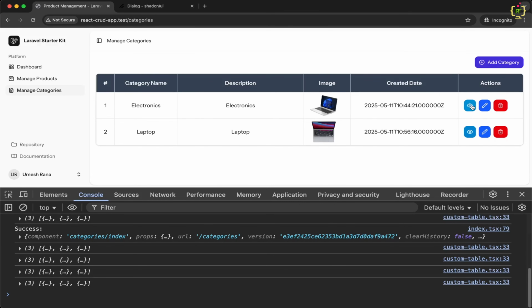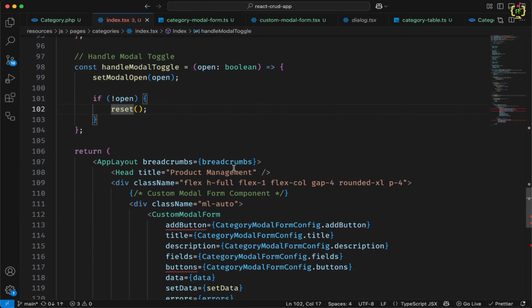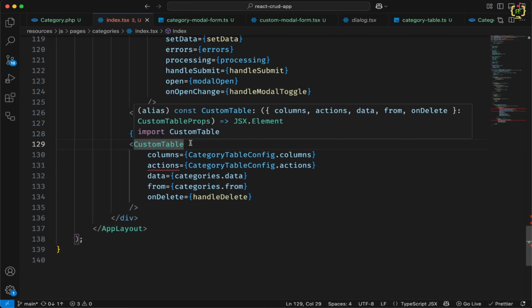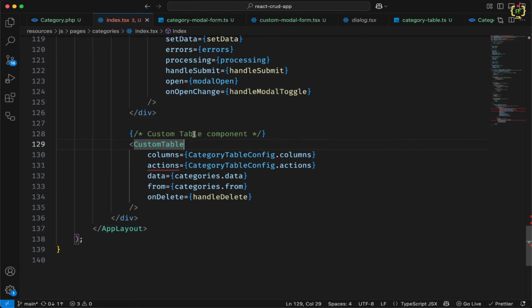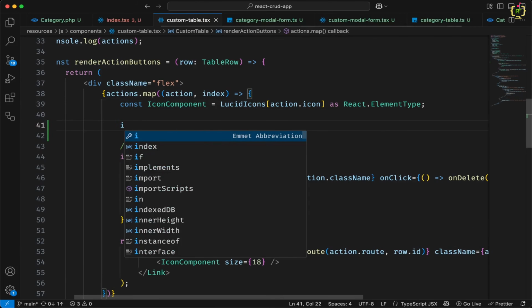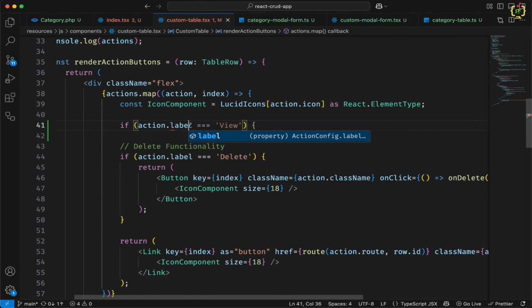So if we click on view, we just want to open the same modal. For that we will have to manage it from the listing component. So we have this custom table component, inside that we have this category table config actions button. In the last video we created this custom table component in order to reuse the table component. So if we navigate inside that, here I will check one more condition. If action dot label